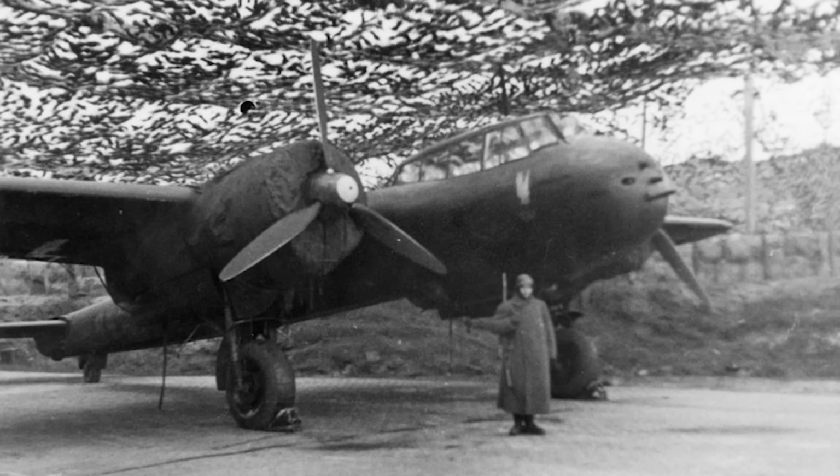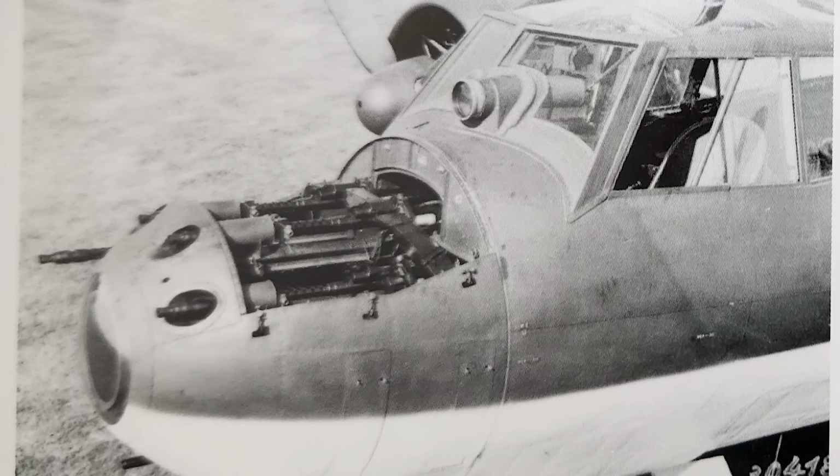This involved removing the DO-17's glazed nose, replacing it with one found on a Ju-88C series, and stuffing it full of weapons and infrared searchlights. The armament was 3 7.9mm machine guns and a single 20mm cannon. Testing of the Z7 soon revealed deficiencies in the design, mainly weapon serviceability and poor gun accuracy, and it was